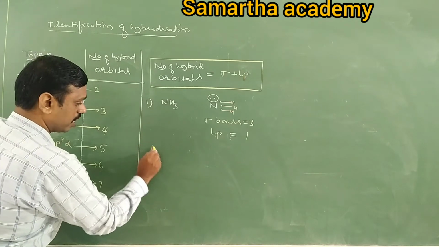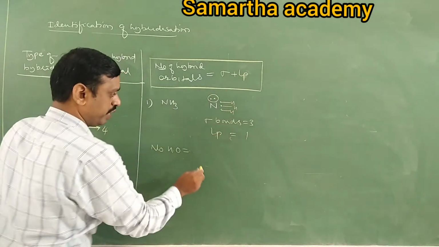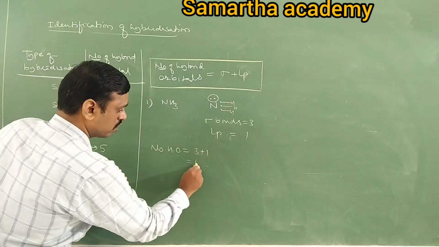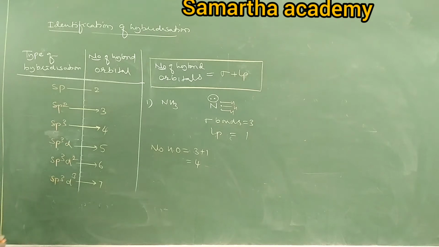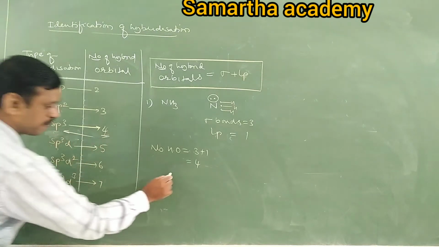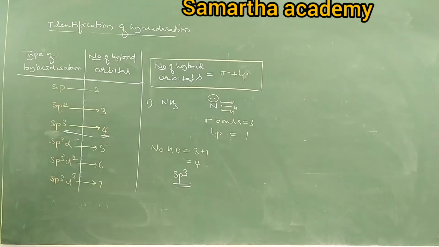Then calculate the number of hybrid orbitals, which is equal to sigma plus lone pair. Sigma is 3, lone pair is 1, 3 plus 1, 4. So the number of hybrid orbitals is 4. It means this is sp3. How simple it is. Do you understand? Similarly,